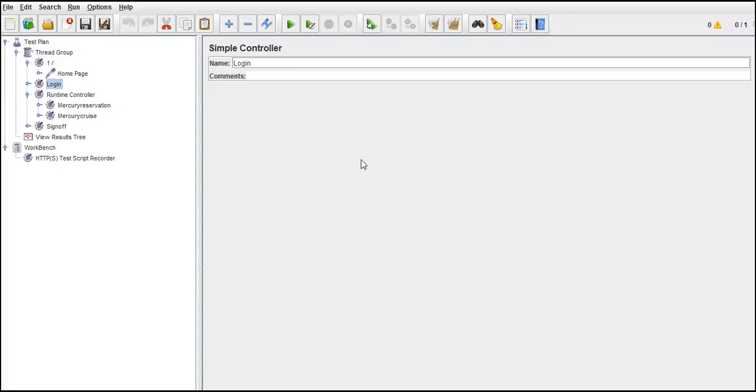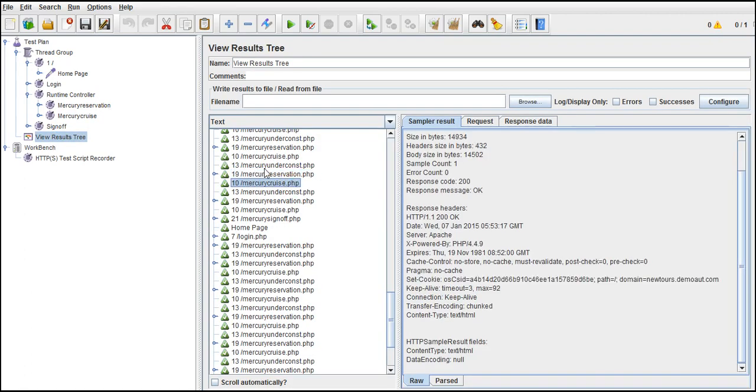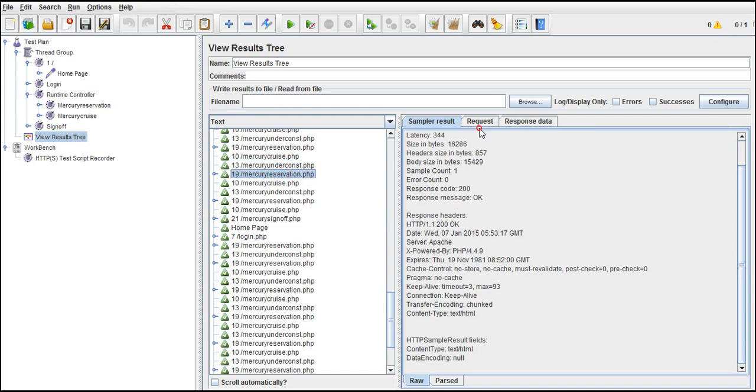So when you run with any of the controllers or in a normal way, for each request you get a response, right? Now, take reservation, cruise: for each request you have a response.